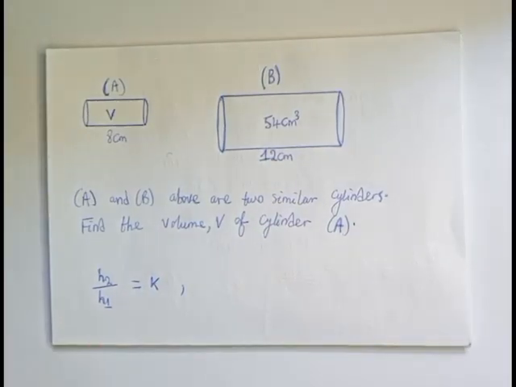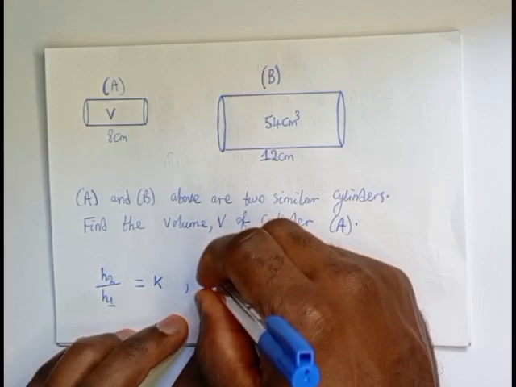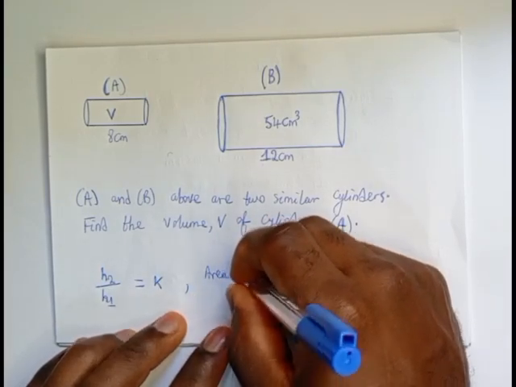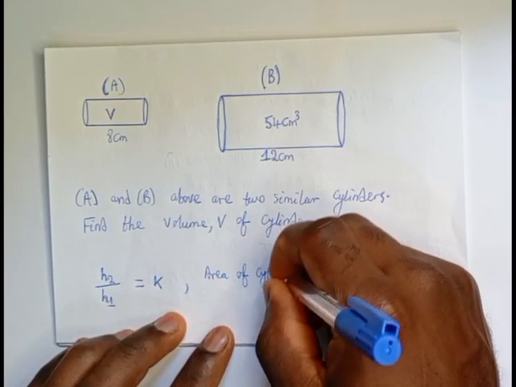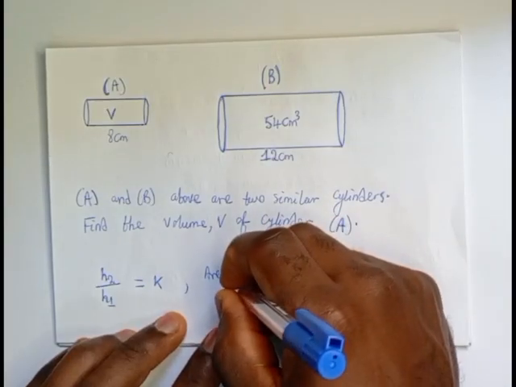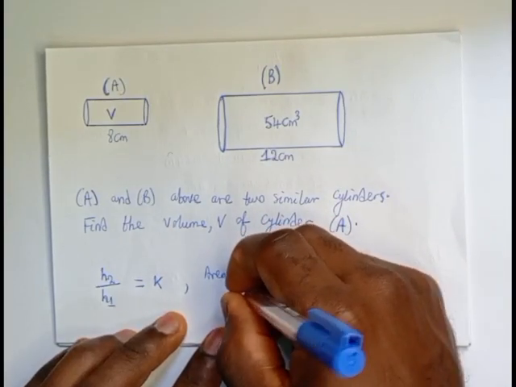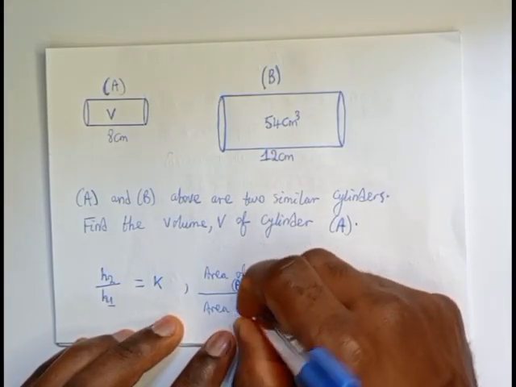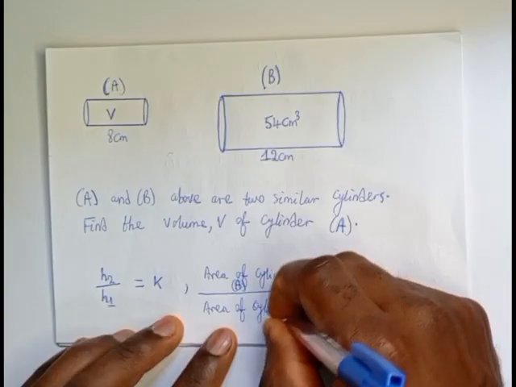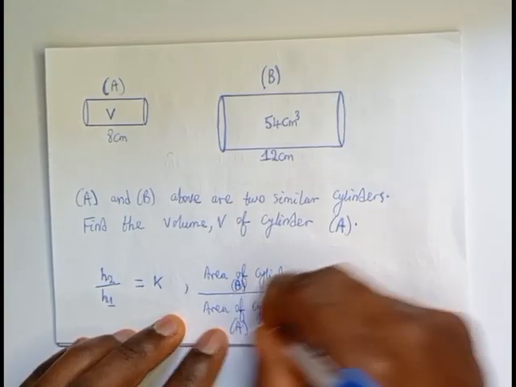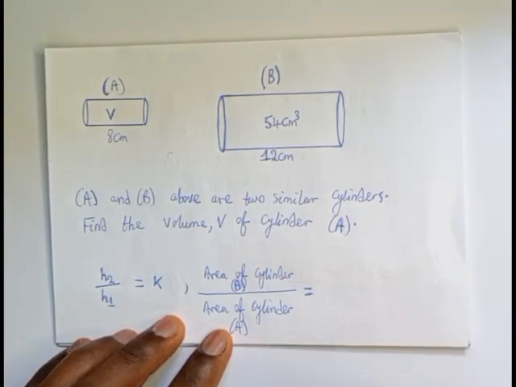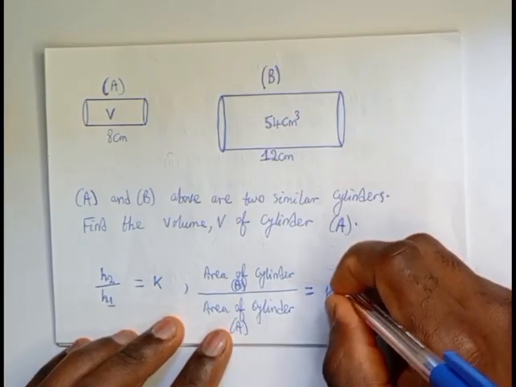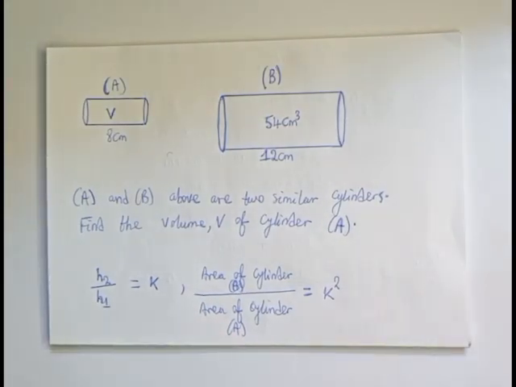Next, if we take the ratio of their areas, the area of cylinder B all over the area of cylinder A, this will simply be equal to k squared. The next, if we take the ratio of their volumes,